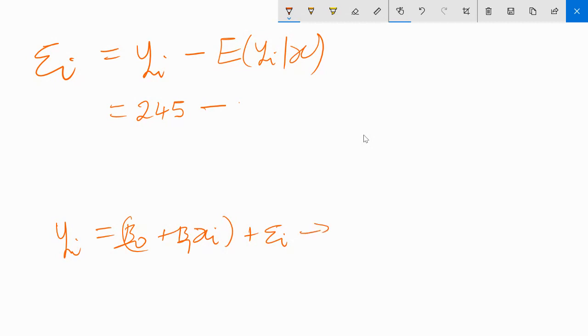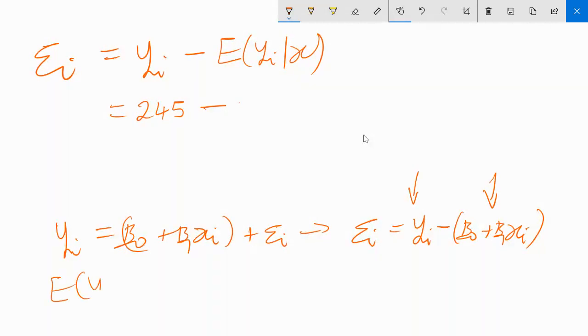And from this, we said our error term is nothing but yi minus the constant term, which means if we know the actual value of y and we know the value of the constant, then we can calculate the errors. And when we were looking at the expected value of y, we said